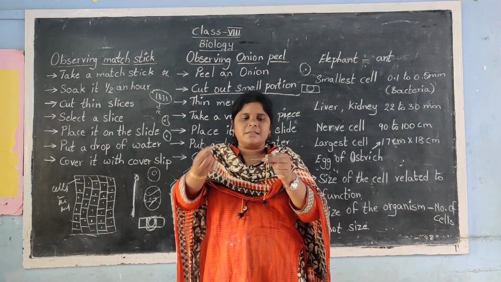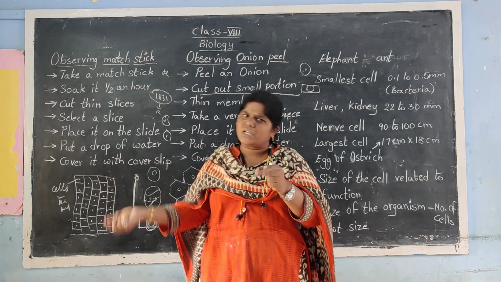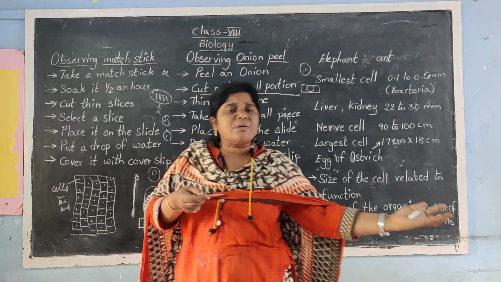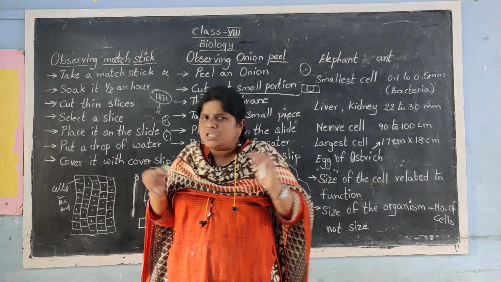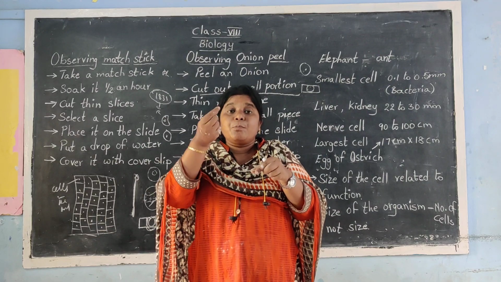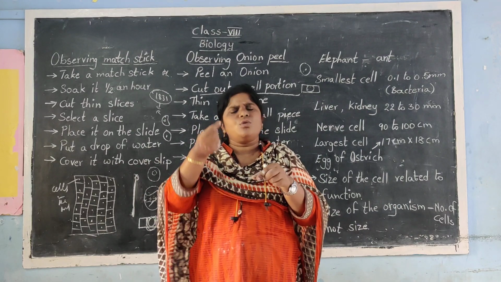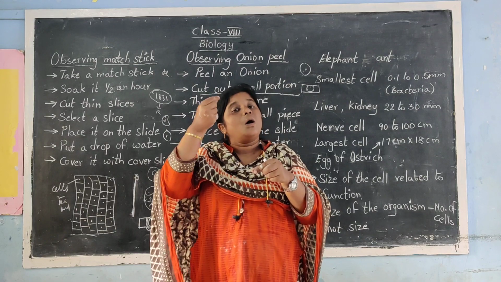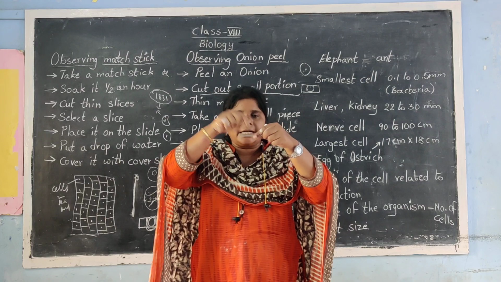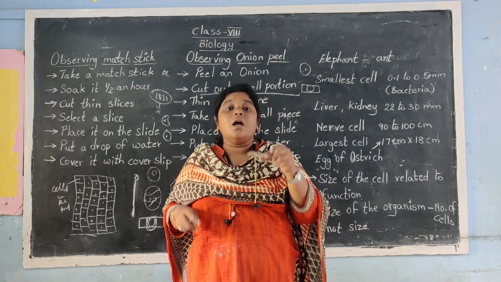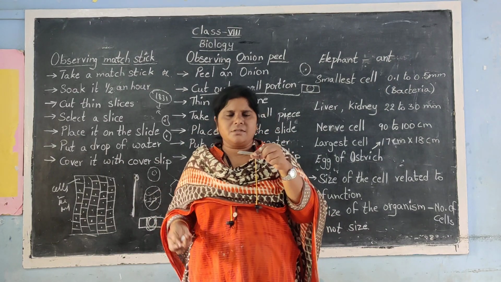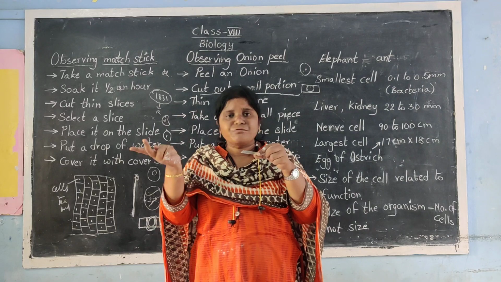Now, after placing that mucosa, or else you can take an onion peel, because even the plant cell has a nucleus, and the animal cell also has a nucleus. Any of these you can select. Now place it on the slide and put a drop of crystal violet or methylene blue or saffron or red ink or blue ink, anyone you can take, on that material. And wait for a couple of minutes, in the sense 2 minutes, or you can wait 5 minutes. You can wait 2 to 5 minutes.